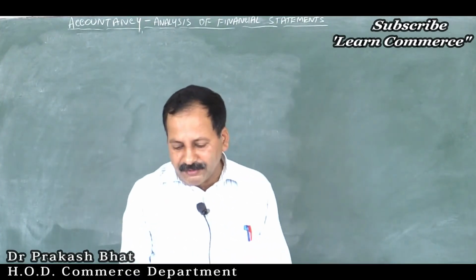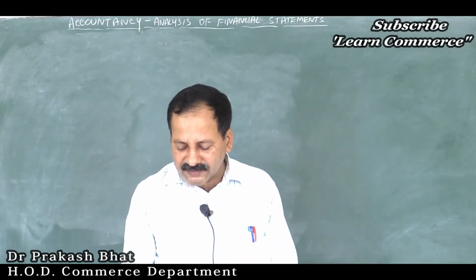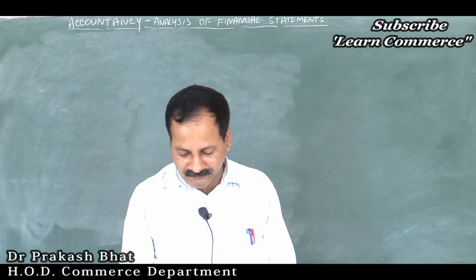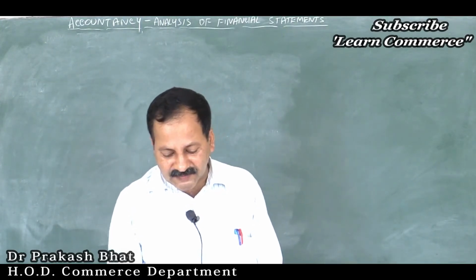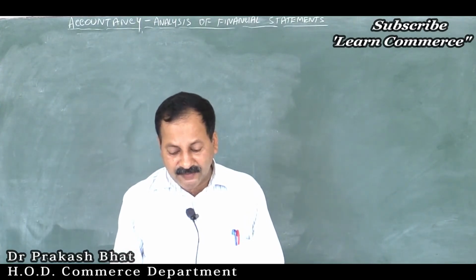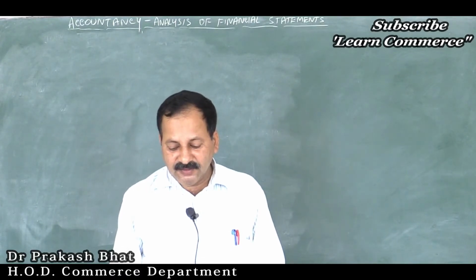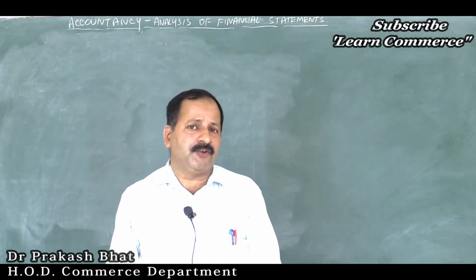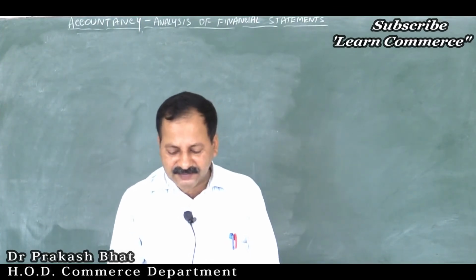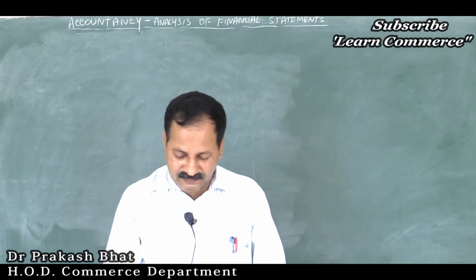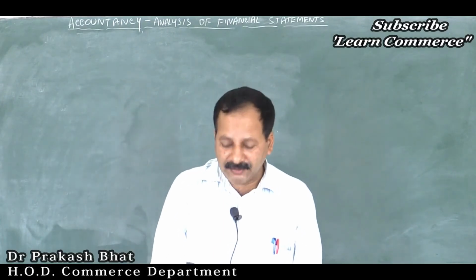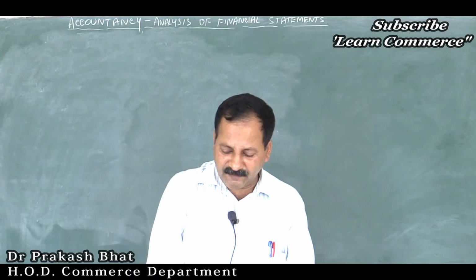The following is the balance sheet of Sunstar Company Limited as on 31st March 2016 and 31st March 2017. Prepare comparative balance sheet. Balance sheet is given: share capital, reserve fund, long-term loans, trade payables, isn't it? Then assets are given: fixed assets, investments. Investments, nothing is mentioned, so we'll take it as short-term investments. Okay, we'll include under current assets. Then inventories. So short-term investment is there, and inventory is there, isn't it? Inventory means stock.